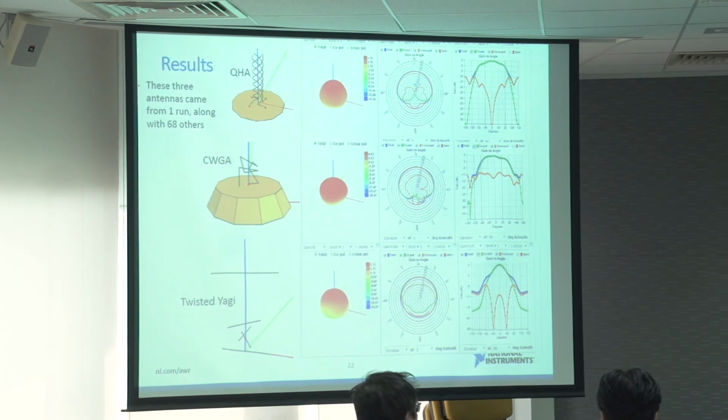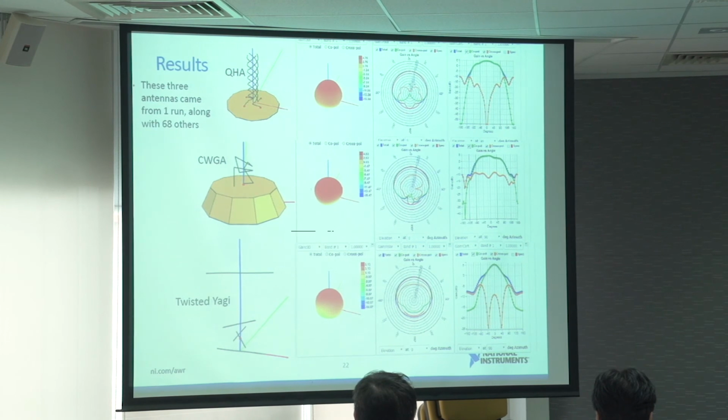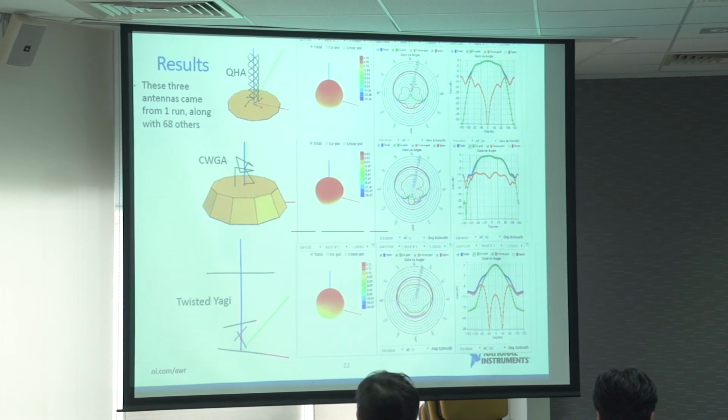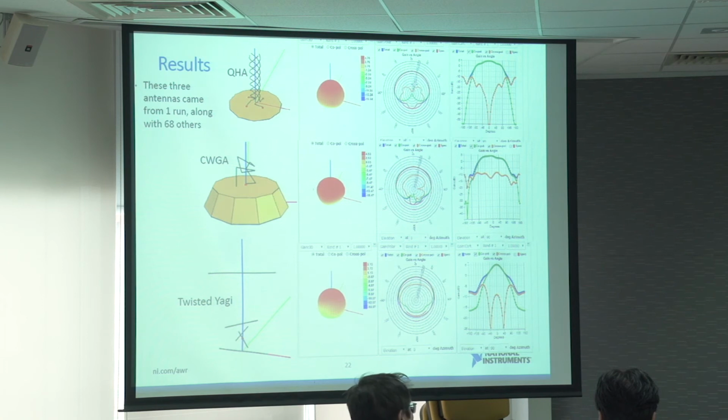Yeah, so you've got these 3 different types: the quadrifilar helix that you can see, and then this crooked wire genetic antenna. And even though the wires look very random, the pattern is actually pretty decent. Not quite as perfect as the quadrifilar, but if you had a CNC wire bending machine, it might work very